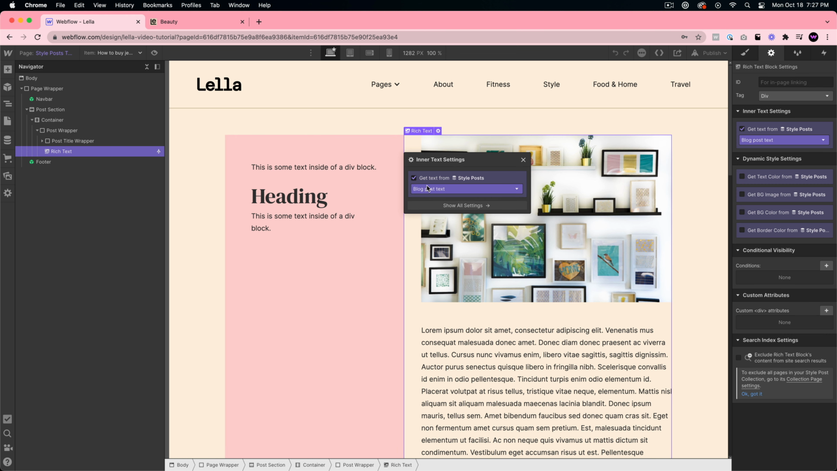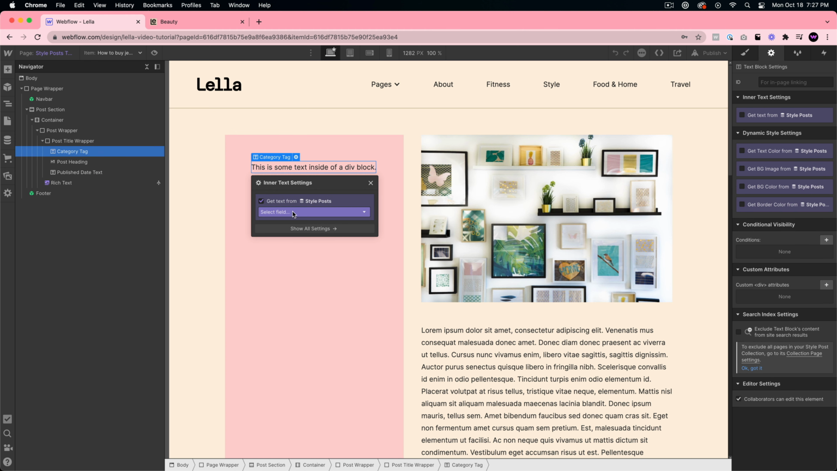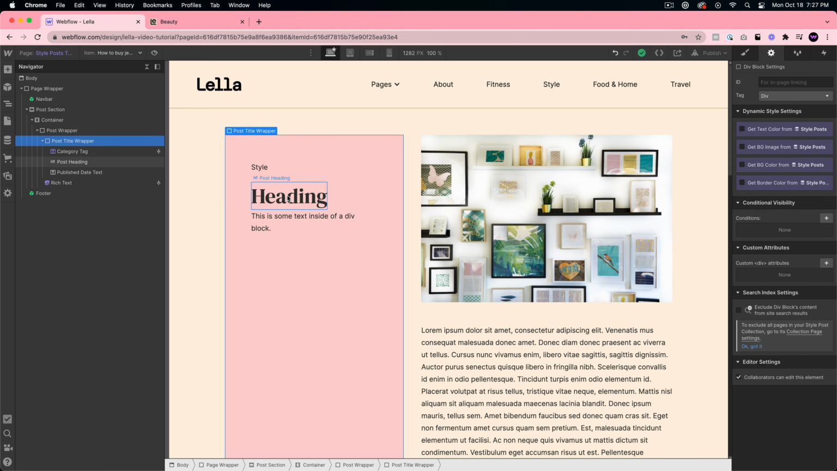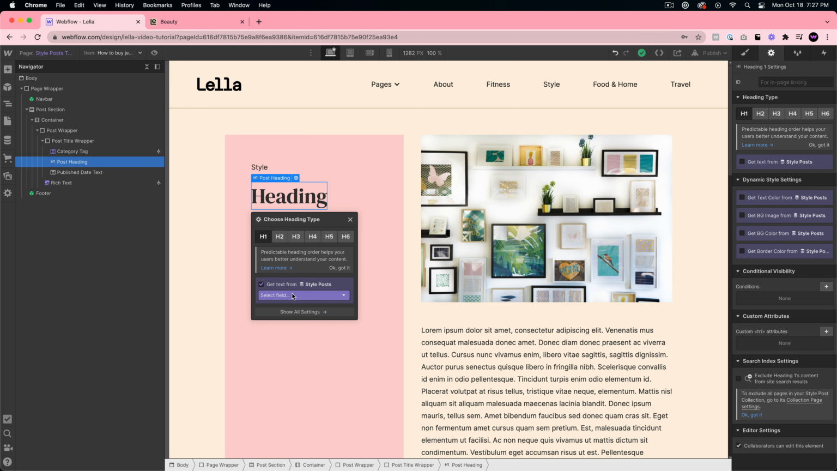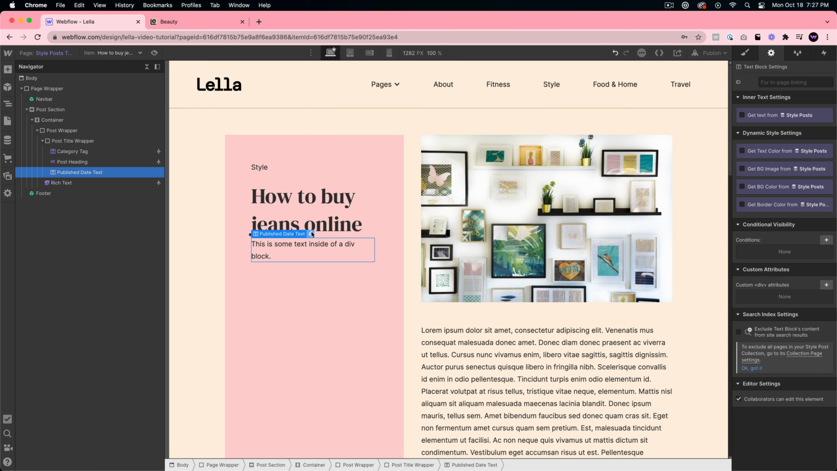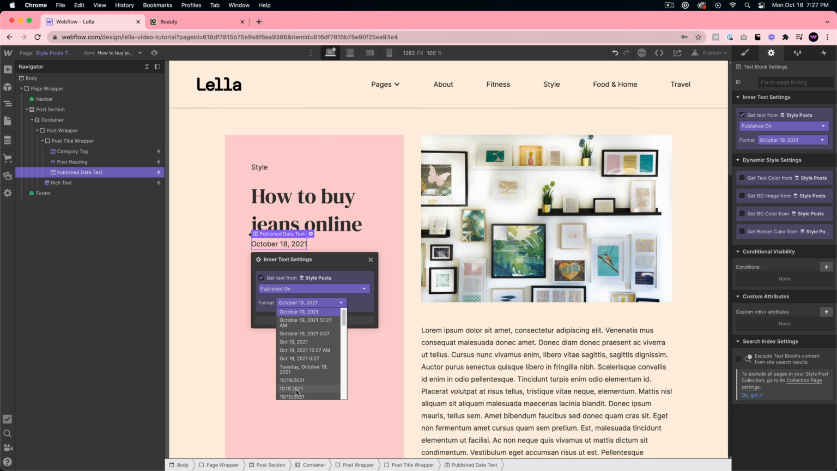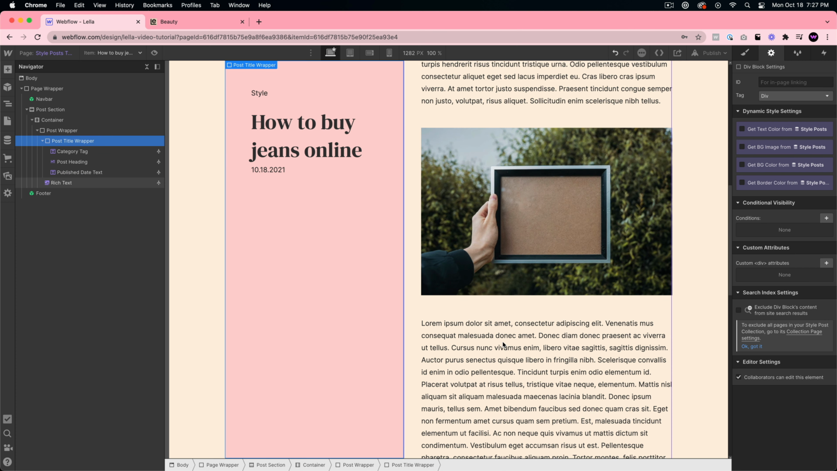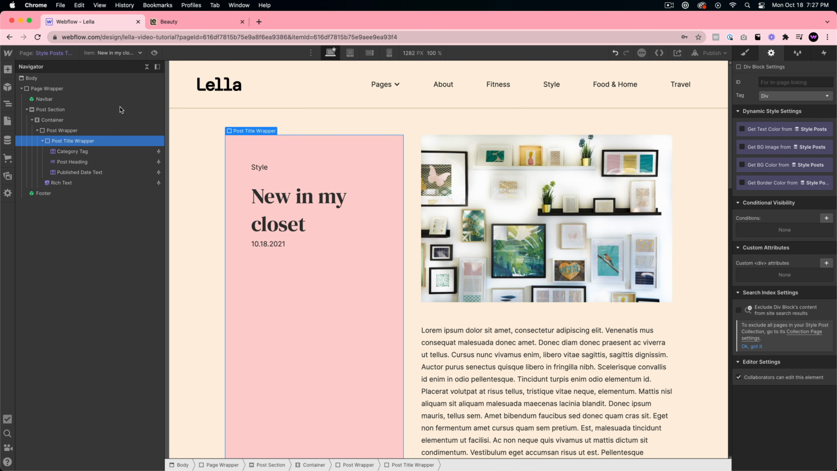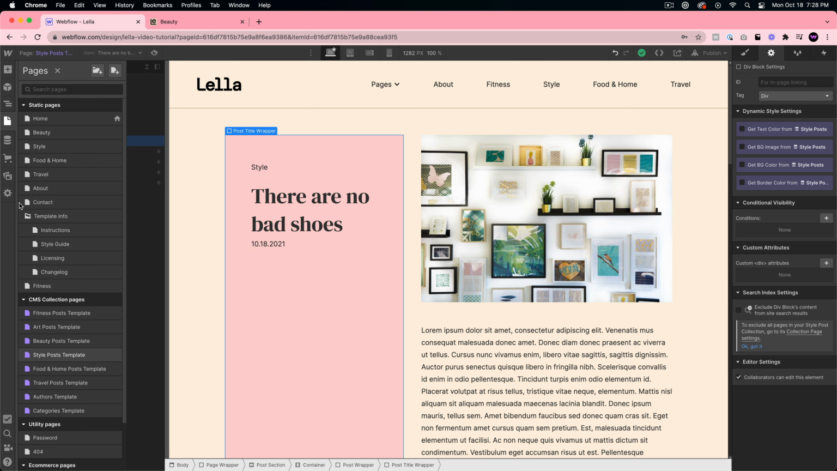So I can say get text from, oh, that's already bound. So I would say get text here from the category name, the heading from the blog post name, and the date from the published on date. And I would change this here. And that's it. So just like that, we've rebound everything back in the styles page, and we've